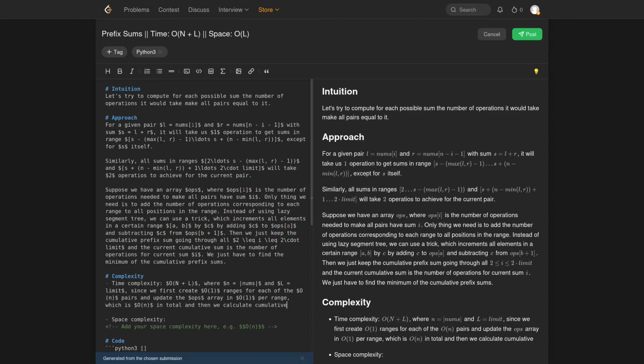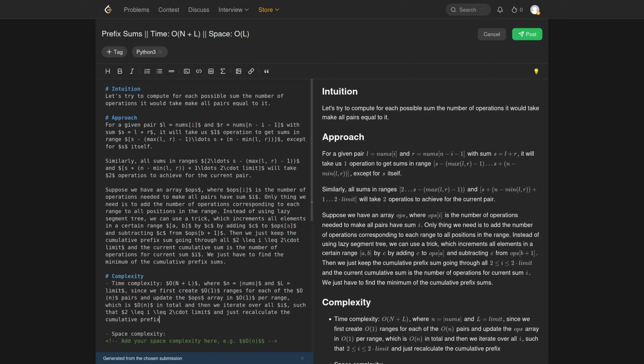Then calculate the cumulative sum, going over all i from 2 to 2 times limit, and just recalculate the cumulative prefix sum and update the answer in O(1) for each i, which is O(limit),